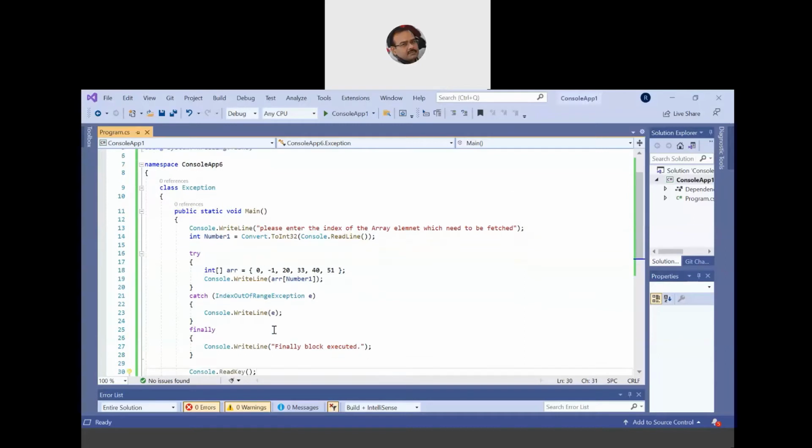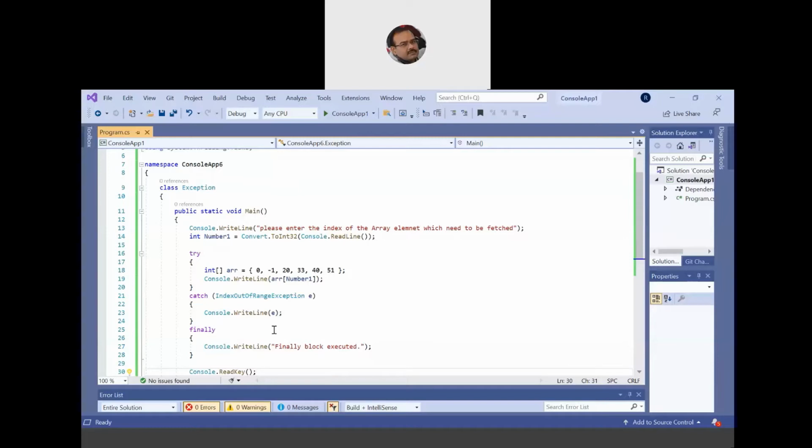Now the finally block is something which will always get executed irrespective of whether an exception is thrown or not. But finally is always written along with the try. So we cannot write finally as a standalone, aloof block. It is only written once you have written a try block. So after the try, either you can write a catch immediately after the closure of the try block, or we can write a finally block. The difference between catch and finally: catch will be executed only when the exception is thrown, but finally will always get executed irrespective of whether an exception is thrown or not.